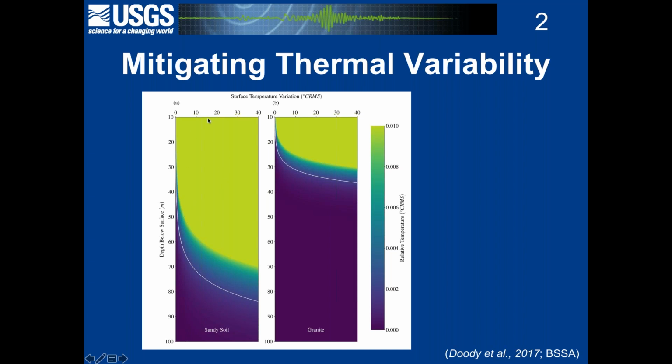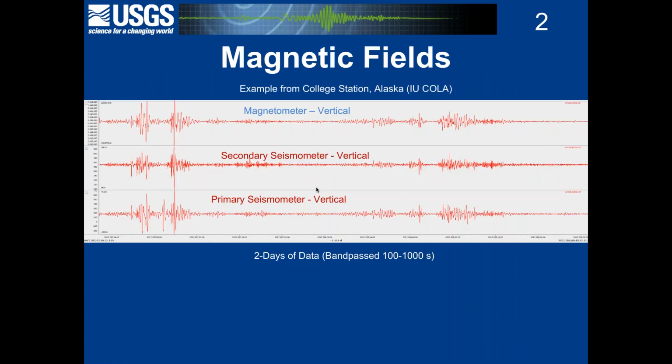So if you're in sandy soil and you have, maybe you're in Albuquerque and you see 20 degrees of temperature variation on the surface and you don't want that to impact your seismic observations, you have to go down to something like 80 meters depth or so to make sure your seismometer is not seeing thermal signals. Granite has a much higher thermal diffusivity, so for the same 20-degree diurnal temperature variations, you'd only have to go down maybe 35 to 40 meters depth to take out these temperature signals. Okay, so